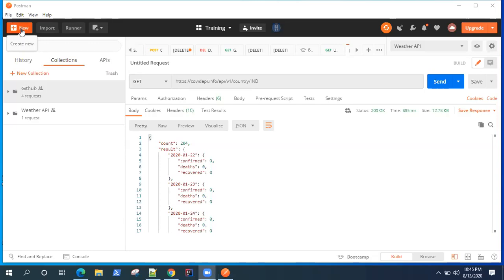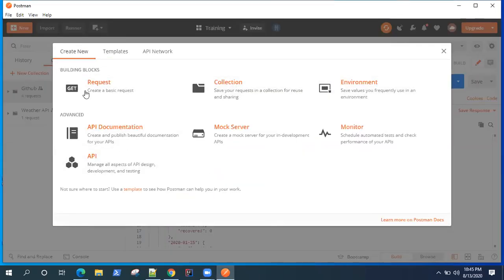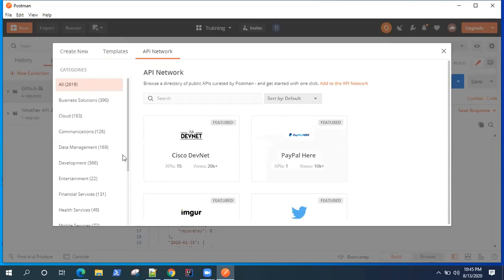Directly click on this New button, and there, instead of creating any new building block, directly go to the templates or API network, right? So this is the place where different community members can share their API documentation along with the templates, which are categorized into different business areas, right?